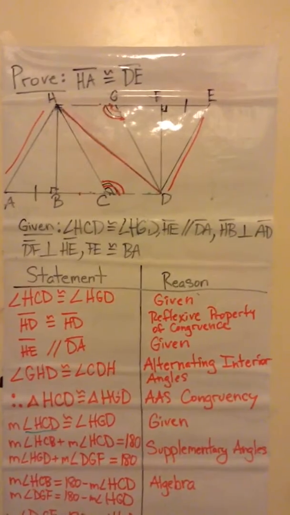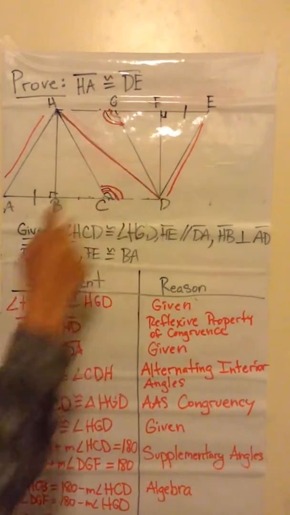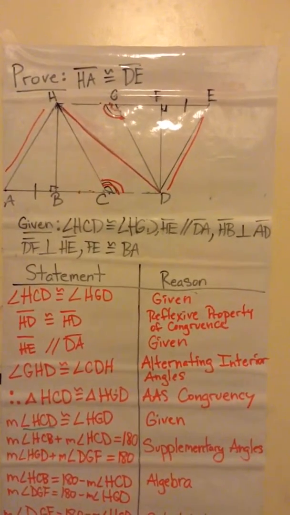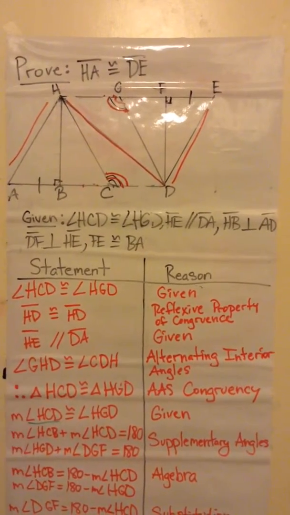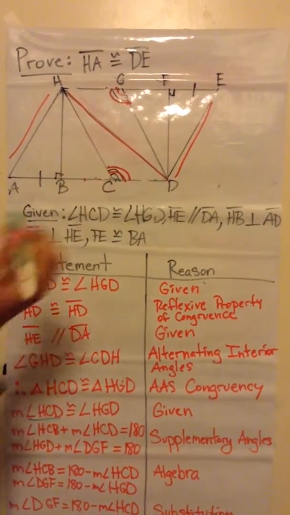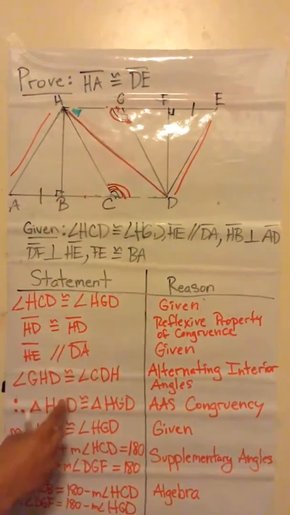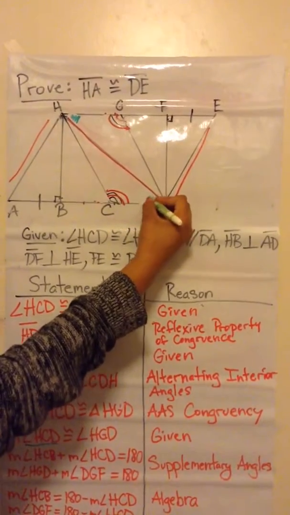And next we have line segment HE, right here, is parallel to line segment DA because it was given information. Then we have angle GHD, this little angle right here, is congruent to angle CDH right here,